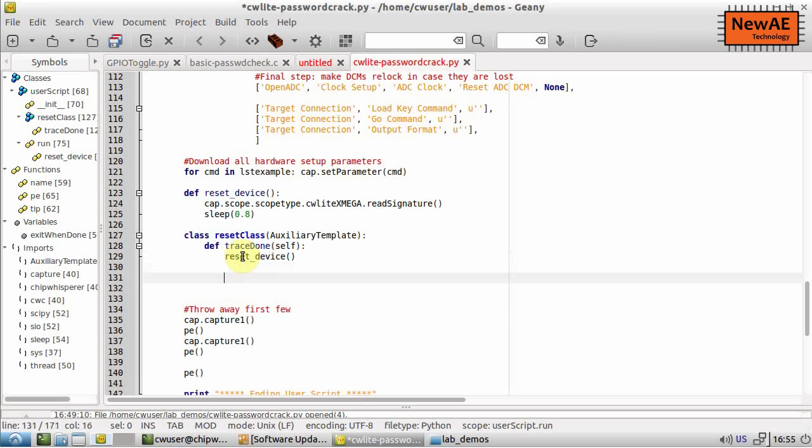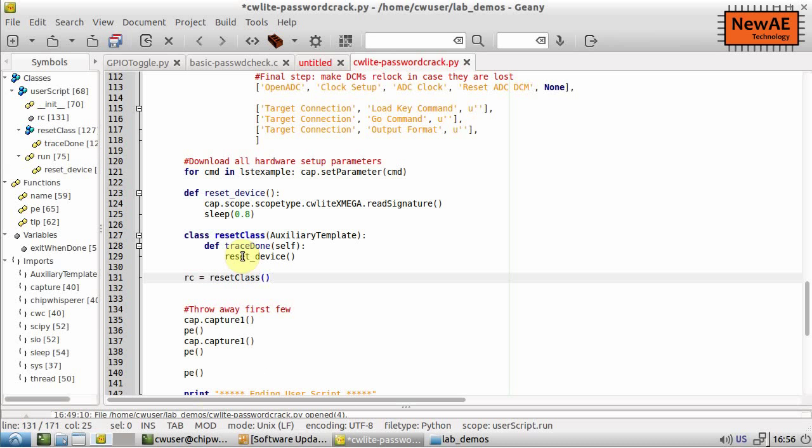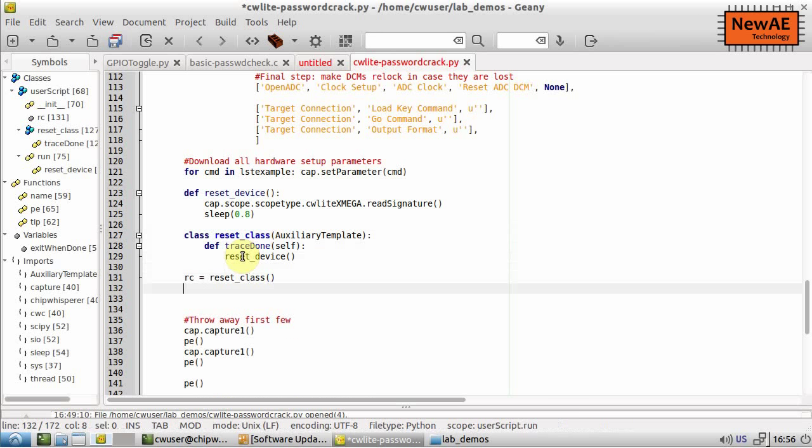All right, so we now need to create an instance of this. RC equals reset class. And if you want, you can make it follow a slightly more Pythonic approach. And as before when we did the aux changed, rather than doing self, I'm just doing cap. So cap is the capture window. Changed. All right. So in theory, we should be able to now